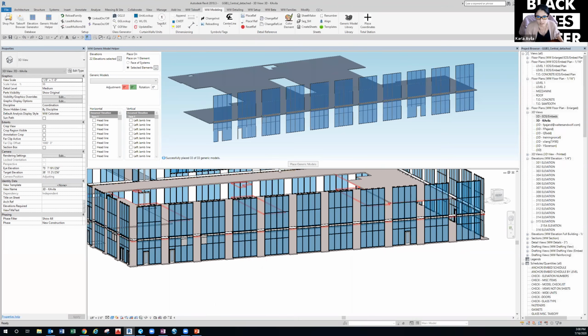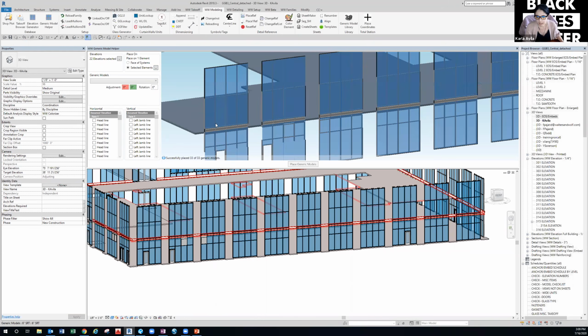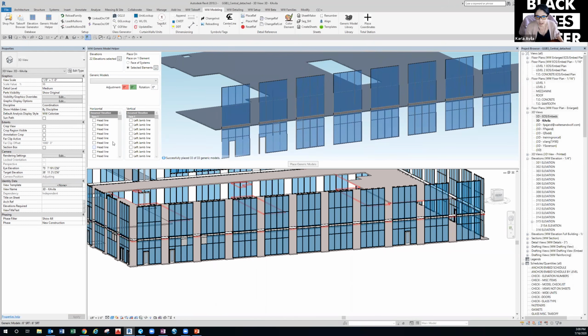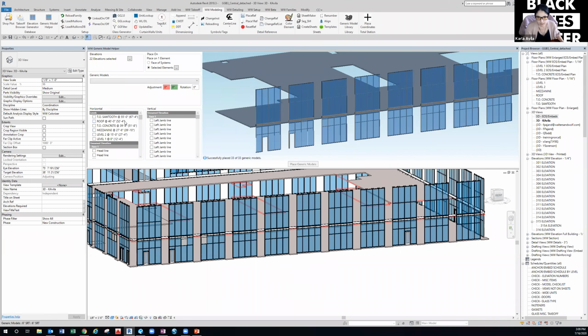So then you just press finish. It'll show up here along with all the elevations. So now that we did that, I don't want to use any of these horizontal ones, because that's why we did select the elements and I added in the slab. So what you want to do is right click in here and click load levels. So this is the second level, so I'm just going to click level 2 here